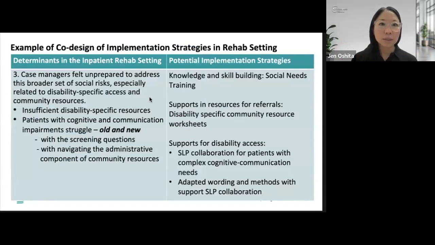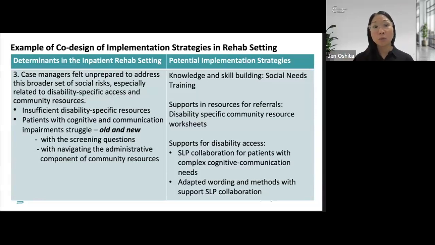And so this is an example of what we did in our co-design step, which is after we identified determinants. So we broke down each of these themes into determinants. So this is the unprepared theme related to not having enough disability-specific access and community resources. And we broke determinants down into insufficient resources that show, for example, not just food banks, but maybe food banks